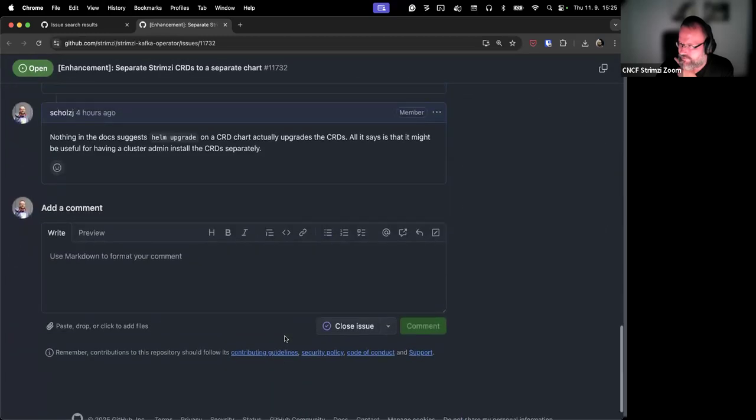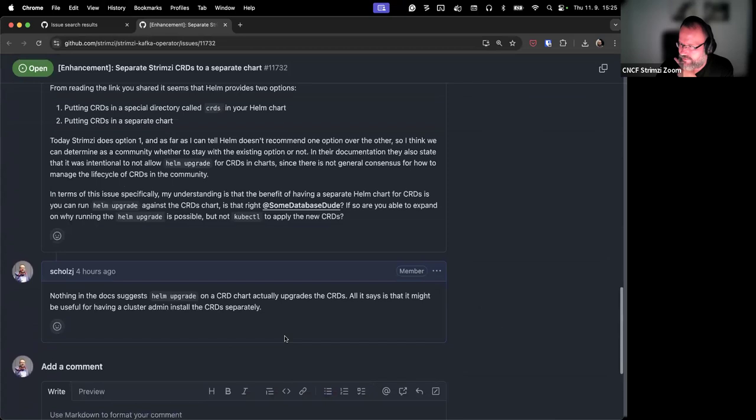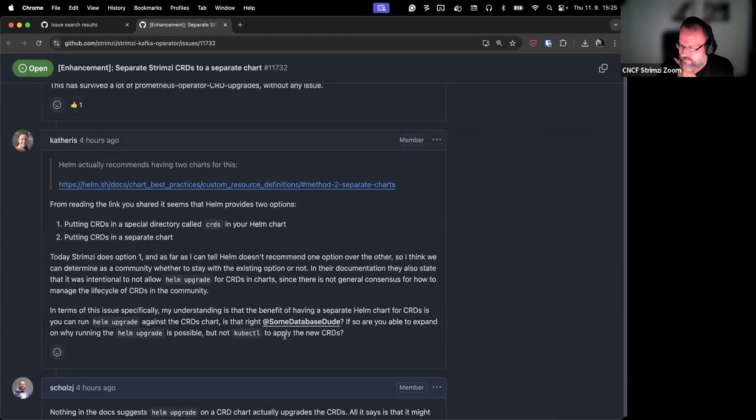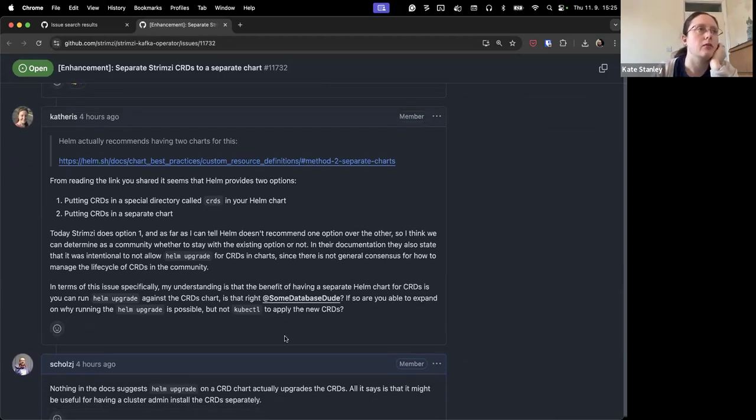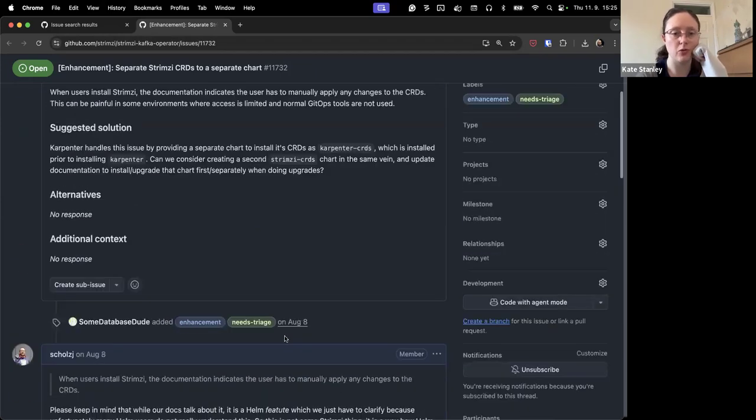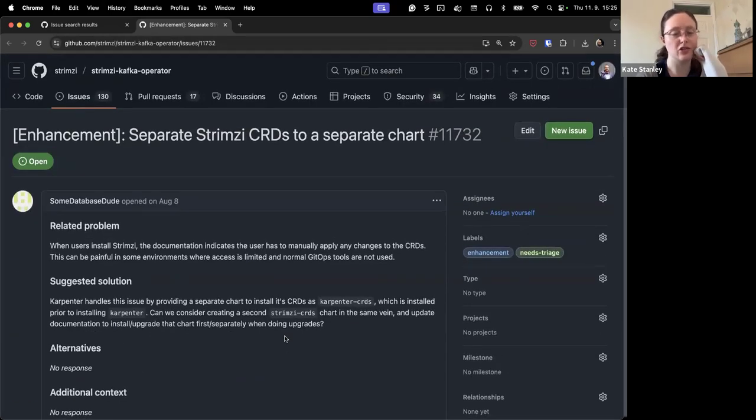So what do we do about this one? Okay, you are looking into this as well. Yeah, so I had a look at the docs. The person who commented saying that Helm recommended having two charts, I assumed from the way that was worded that they meant that was the recommended way, but it's not. There are two descriptions for options. The first option is the one that has the most detail and is the option that we're currently doing, which is a CRDs directory for our CRDs.